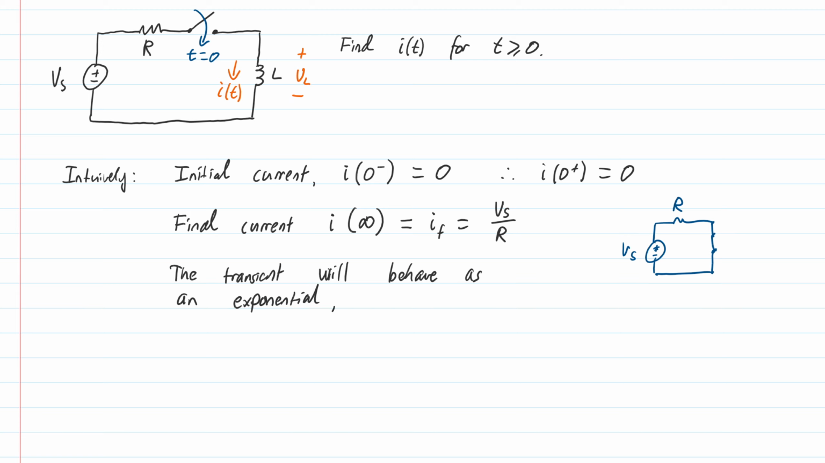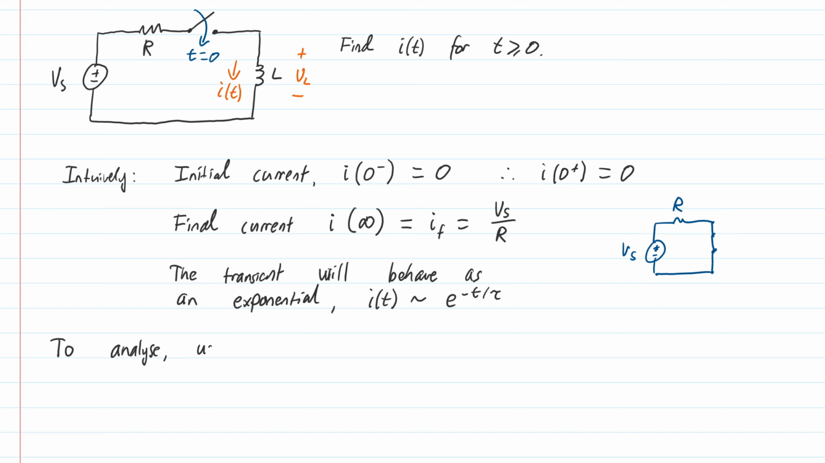In other words, I will have I of t go as e to the minus t divided by tau, so t divided by the time constant. Now, let's analyze this formally and make these things a little bit more precise. So to analyze